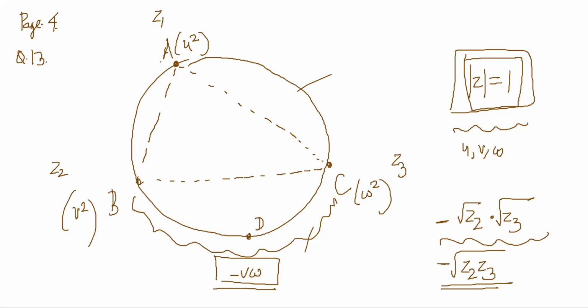And similarly, minus UV is the midpoint of the arc AB not containing C. And we can prove many of these results, and I have written down all of those results here.